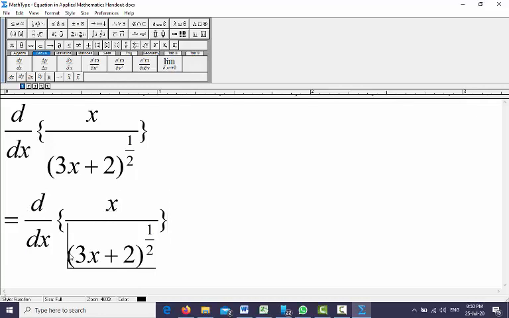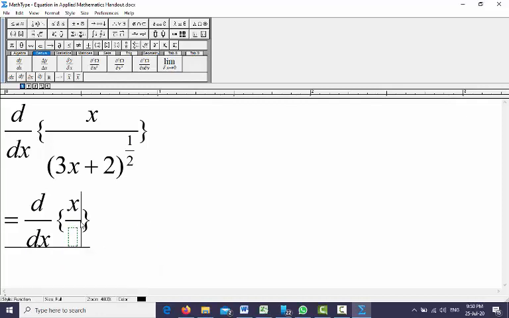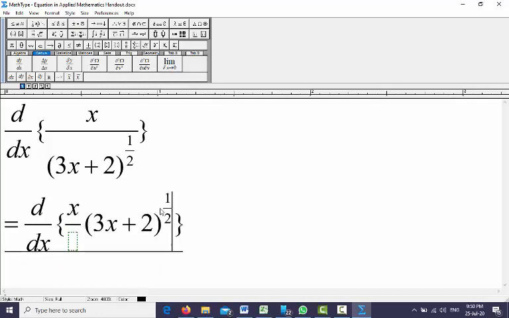So that if you want to apply multiplication rule of differentiation, in that case you need to bring this one up, and when you bring this one up, whatever power you have,